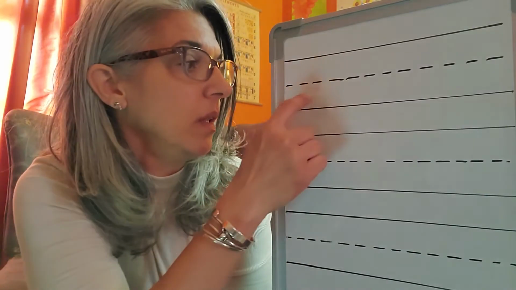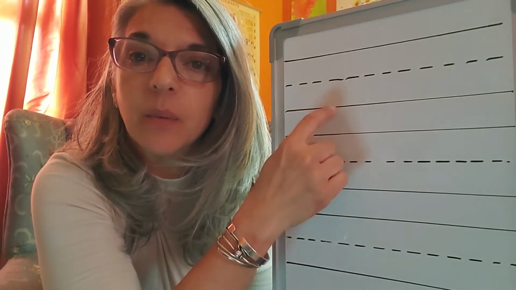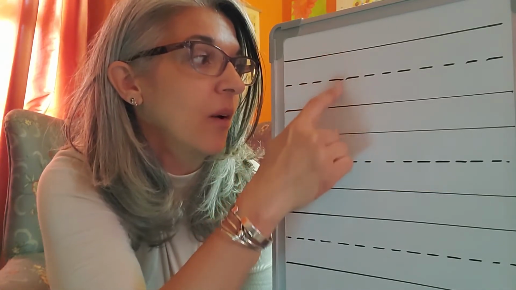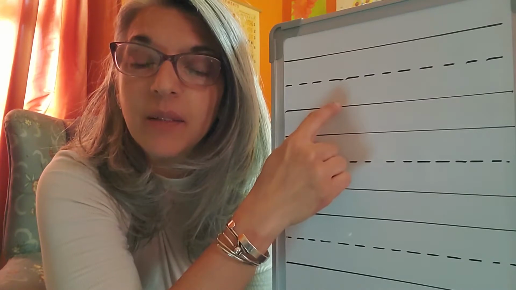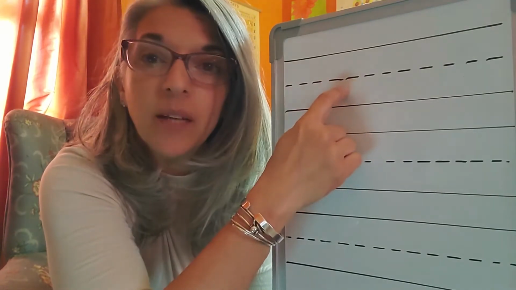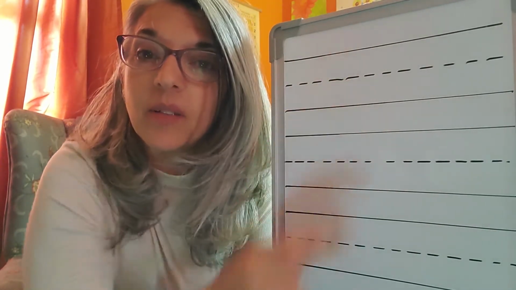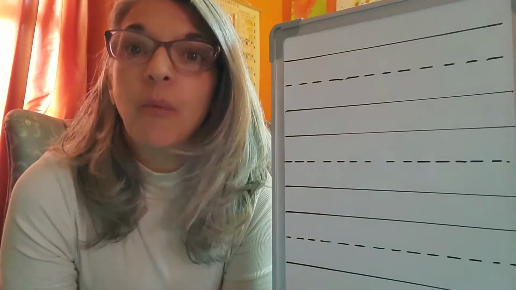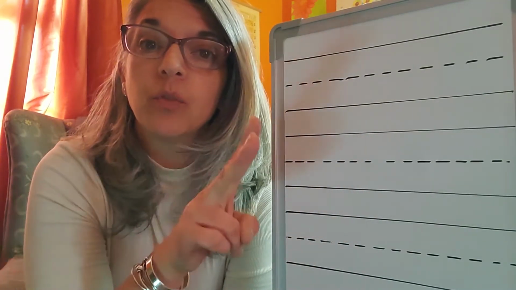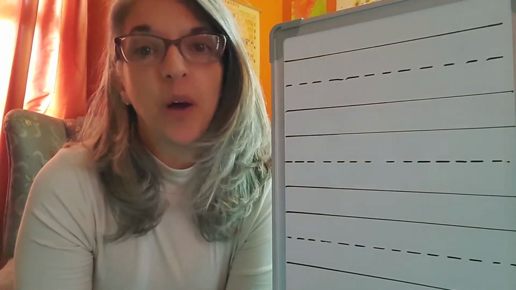So we know the small letters are the letters that fit in between the midline and the baseline. We also have tall letters that use up from the headline all the way down to the baseline. And we also have letters that fall, which will start where the small letters begin but end underneath our baseline. So we're going to start with small letters, and we're only going to do half of them today. So it's going to be a four-part series. We're going to do 2 with the small letters, 1 with the tall letters, and 1 with the letters that